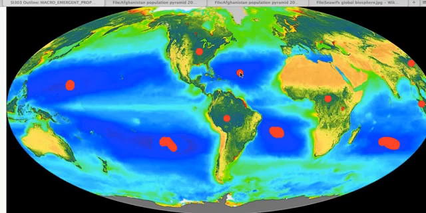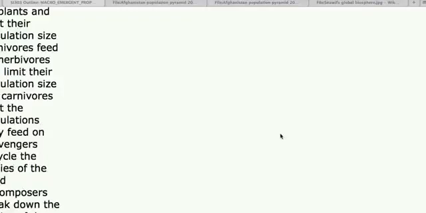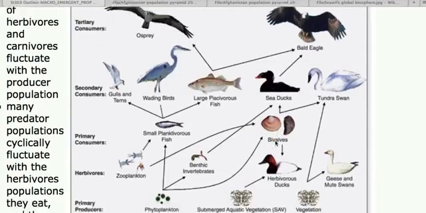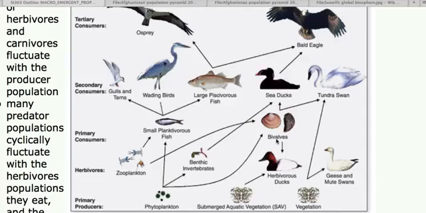On terrestrial ecosystems, those are the great forests of the world. Lots of chlorophyll, lots of plants producing foodstuffs. So that's kind of a world map showing you where all the energy is going when it comes to the food chains. Now this picture describes a food chain. And the most important thing to understand here is that each one of these pictures of animals is a population. There's a population of bald eagles, a population of osprey. So if you look at the top of the graph, the bald eagle there is a population. The osprey is a population, of wading birds like the great blue heron, of bass, of sea ducks, of tundra swan, of bivalves, of little herbivorous ducks.